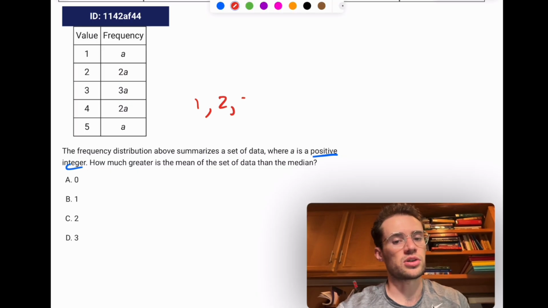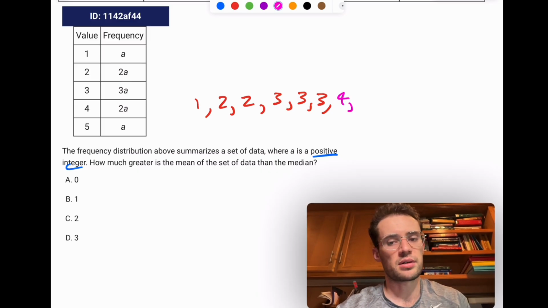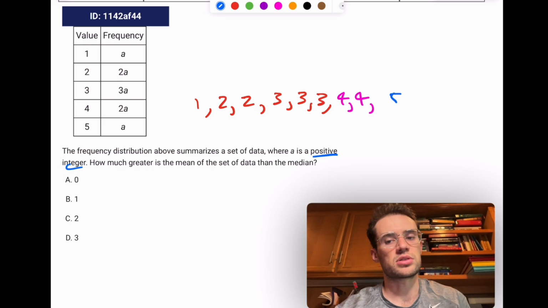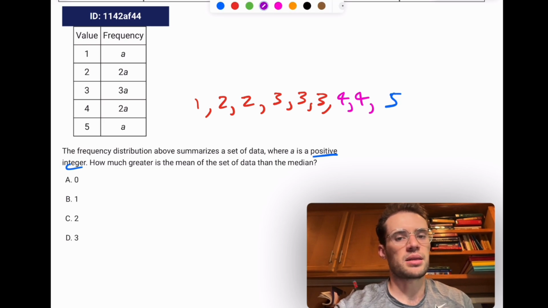We have twice as many 2s. And however many 1s we had, we have 3 times as many 3s. And however many 1s we had, we have twice as many 4s as that number of 1s. And however many 1s we have, the same number of 5s. So it's like this. And now if we look at this, the median will just be the middle number,